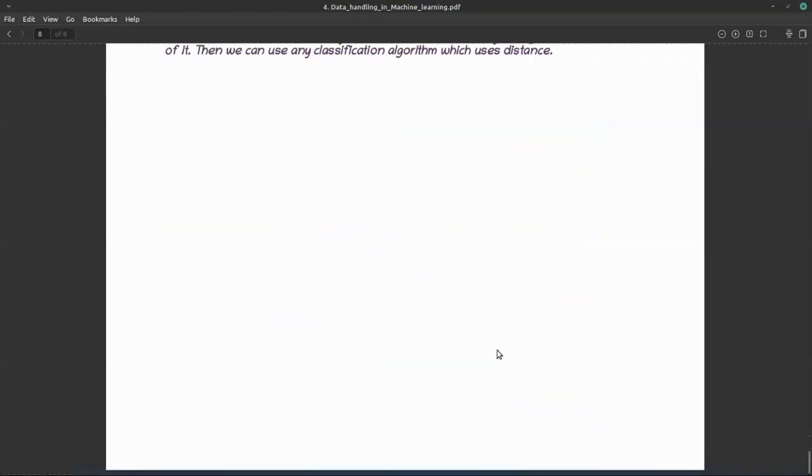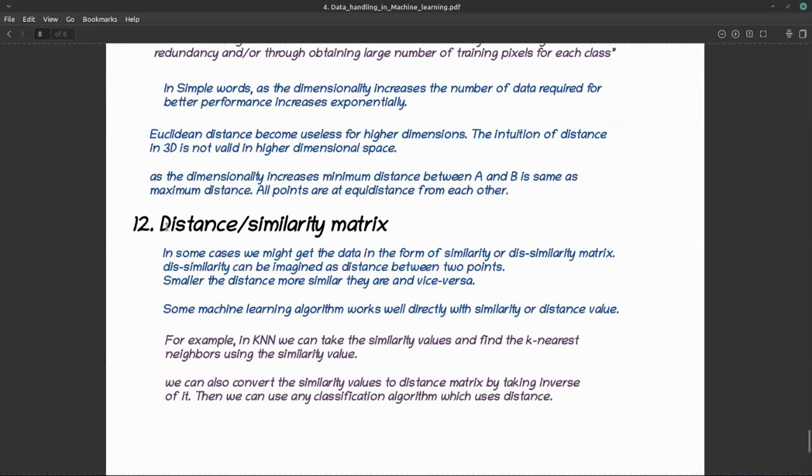Last one, okay. Sometimes it's possible that you don't have a simple table of feature values, feature one, feature two, feature three, but you get a similarity matrix between two features, right? So you get something like a pivot, feature one and feature two. How similar it is, or how different it is, is nothing but the distance matrix. And if this table is representing how similar these two features are, then it's called the similarity matrix. So distance is nothing but one upon similarity, the inverse of each, right? So if you have something like this, then some algorithms will work, some won't.